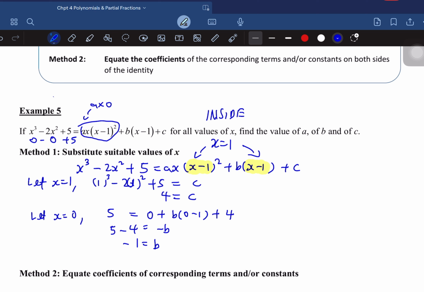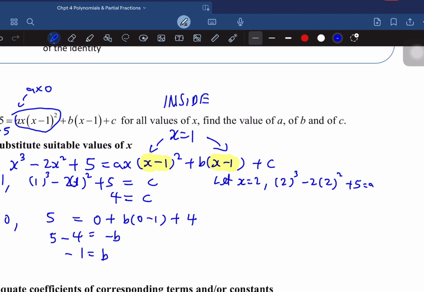So that's why I choose to substitute a positive number instead. So let x equals 2. So I will have 2 cubed. Make sure you have a bracket. Minus 2 bracket 2 squared plus 5